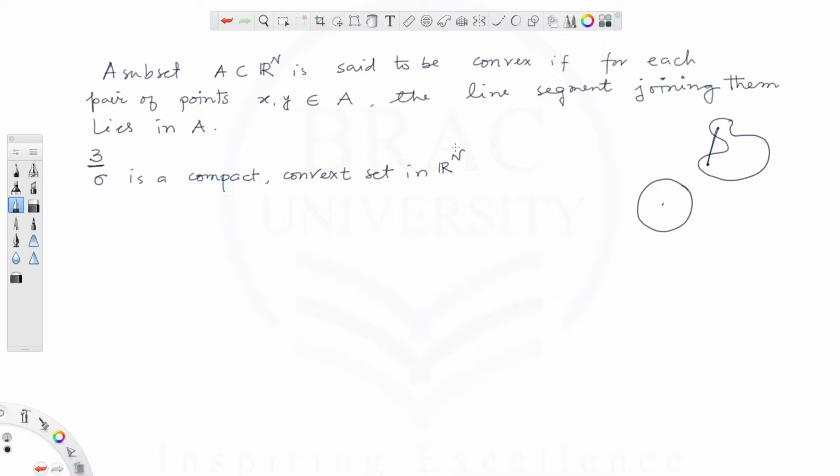It is closed, it is bounded, and it is also convex. This convex set is the intersection of all convex sets in R to the n